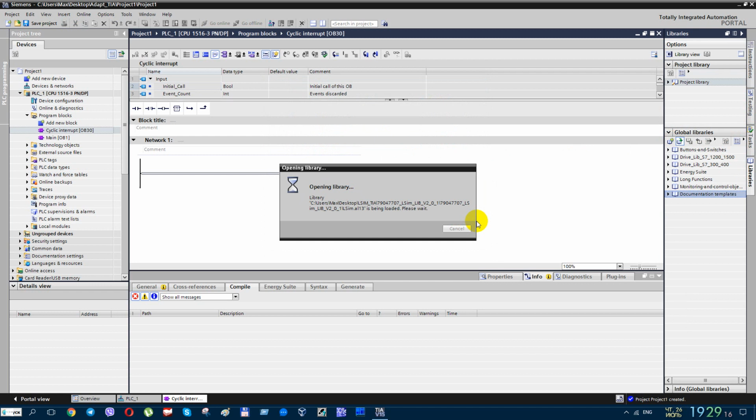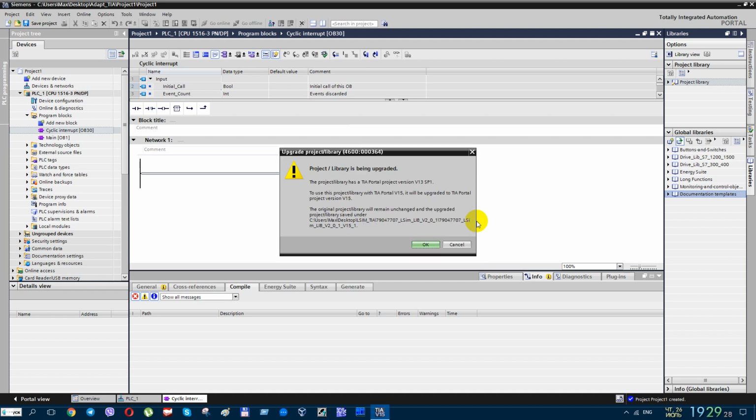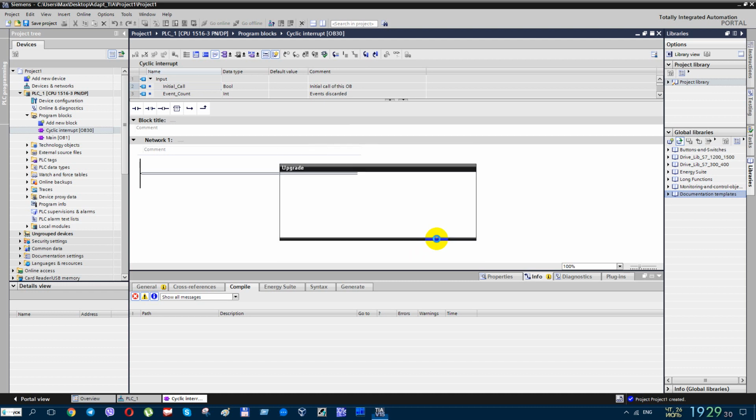This LSim library can be downloaded from the Siemens website. It has all the necessary dynamic links for building your control systems and models and so on and so forth. For example, if you want to build some proportional link,